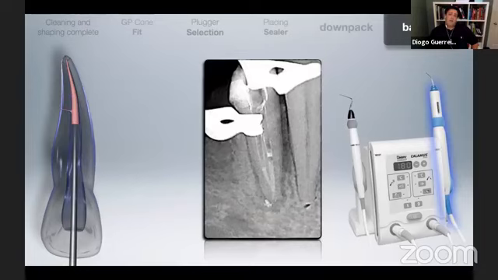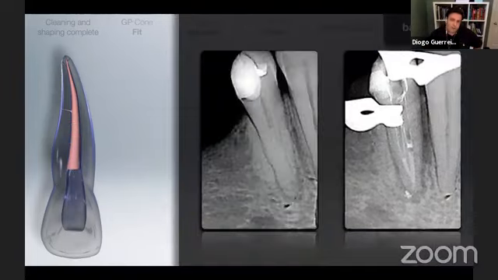After that, we're gonna do a second stage of the vertical wave technique, which is the backfill, and consists of injecting gutta percha in the remaining of the canal. You can do it by increments. I prefer to do it by increments. There's people that prefer to do it in one wave. To avoid voids, I prefer to do it in several waves. So we inject a little bit of gutta percha and we pack it down with our pluggers, and that's the